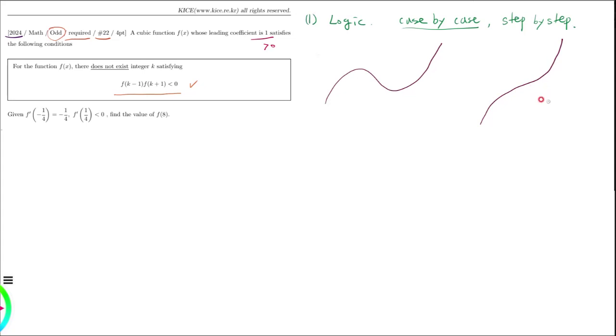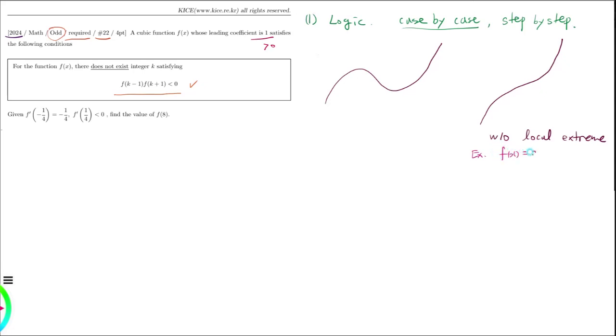It can go like this, without a local max or minimum, a local extreme value. For instance,